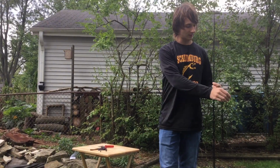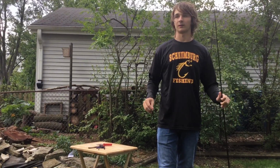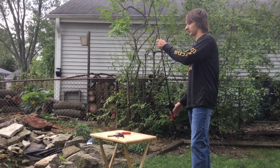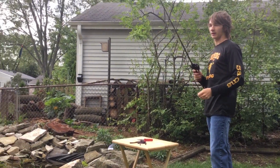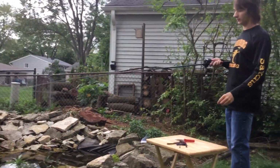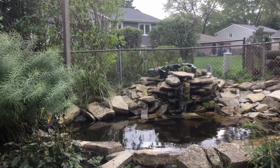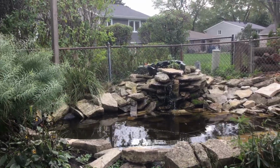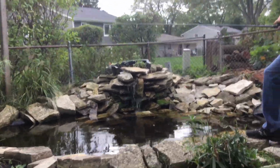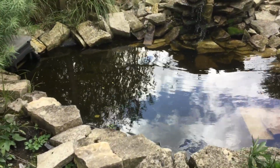Alright, and then once you know where to throw it, you're going to want to know how to throw it. And right here I have the pond, so I was going to show a little bit of how to use it in the water. You basically throw it to wherever you want to cast it, like a piece of wood, like I was saying, and you let it sit there. And then you let it drop all the way to the bottom at first,